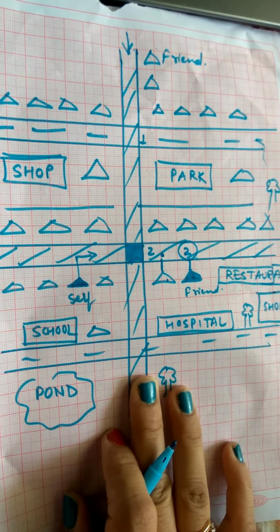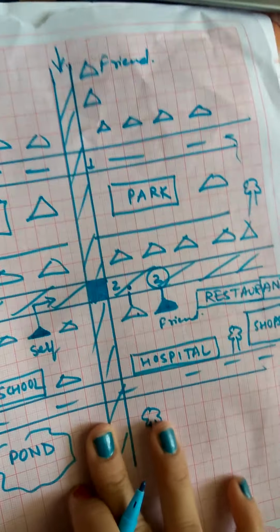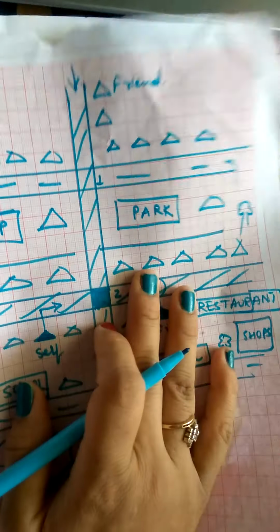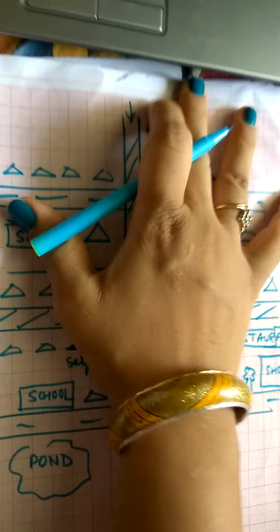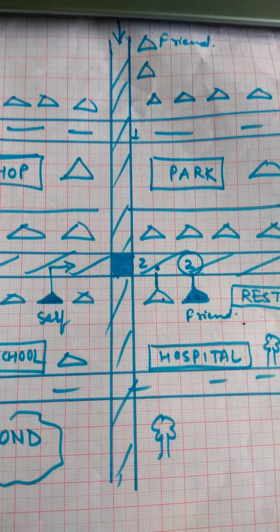So similar thing we have in the coordinate system. Similarly, you can draw a street plan for your own house and draw some major landmarks around it to understand the coordinate system.